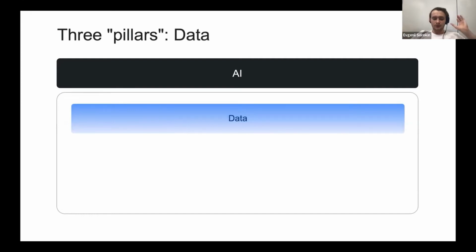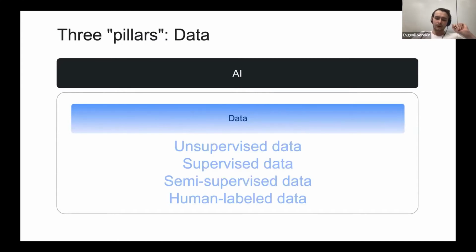Let's focus on the last pillar, data. What kind of data exists? I will split it into four parts: unsupervised, supervised, semi-supervised, and human-labeled. Unsupervised data, of course, is present in huge amounts and generated on a daily basis in all social media and everywhere else. Unsupervised data can explain your domain well, but unfortunately,